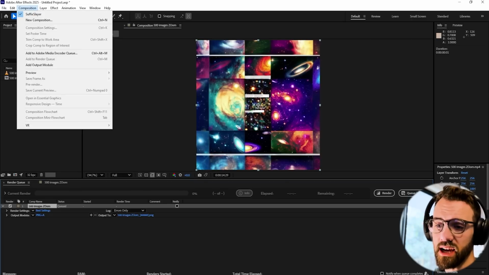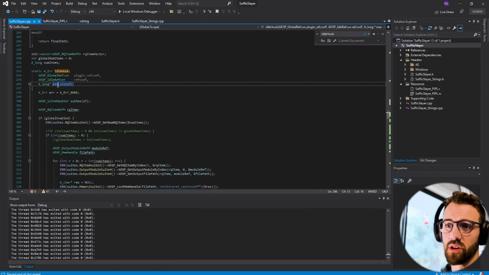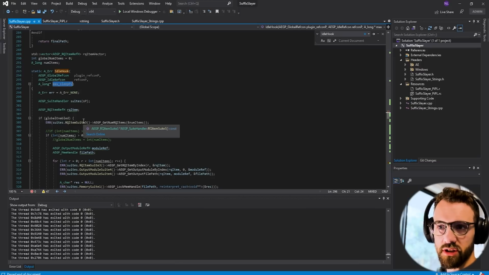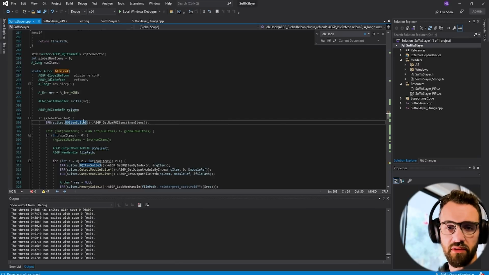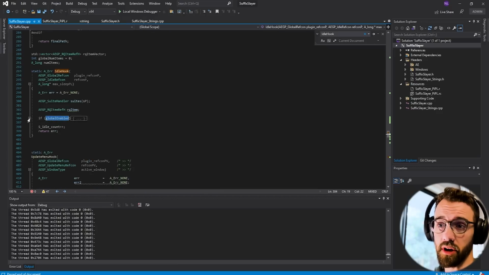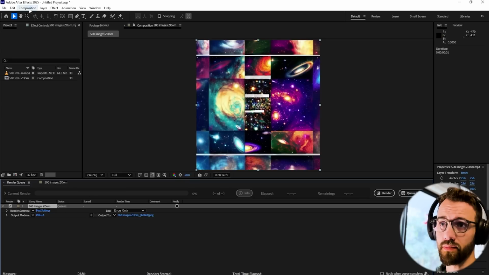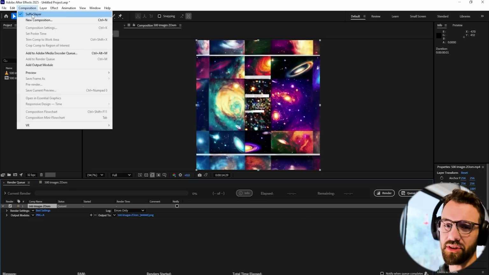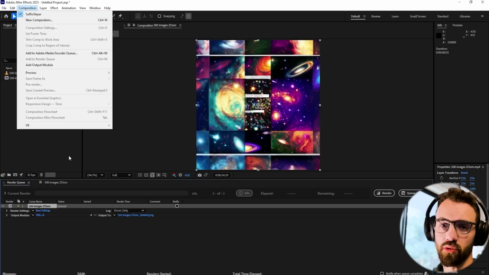And I even left it as is. I think there are ways to increase or decrease the interval. I just left it as is. And what it does every time this interval is run, it does a whole bunch of checks. The first check is pretty obvious. It checks, well, is SuffixSlayer checked? If it's unchecked, there's no reason to run a bunch of code, maybe 30 times a second. What a waste. So only if SuffixSlayer is enabled is it going to go through this whole bit of code